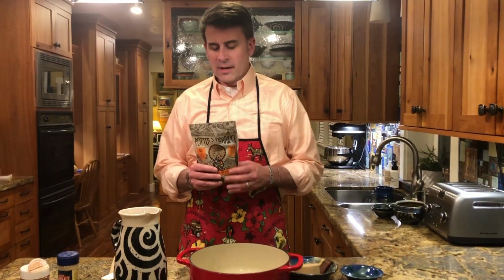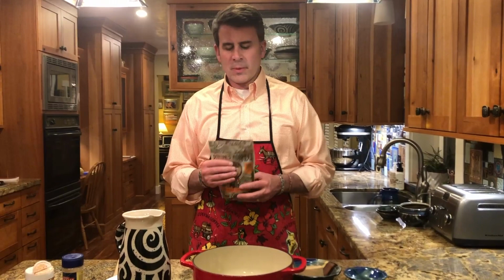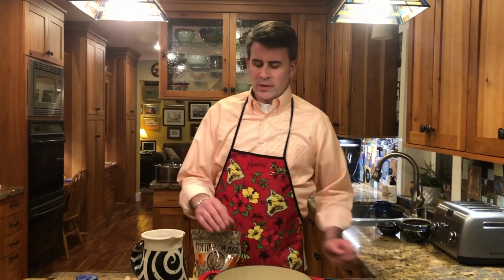And I'm going to try this in place of rice tonight. This is about 2 1/4 cups, so it's a little bit more, but I'm just going to experiment and throw the whole thing in. With this one, we're going to start with the same ingredients that we did with the rice pudding, but instead of white sugar, we're going to use brown sugar. I like the kind of caramely flavor of brown sugar a little bit better. So we're going to try that, and we're going to use the same